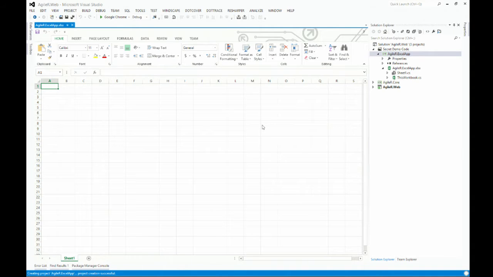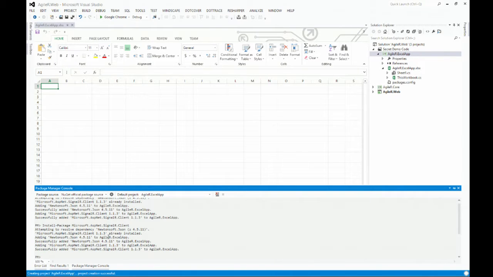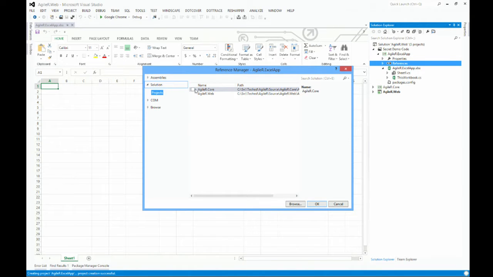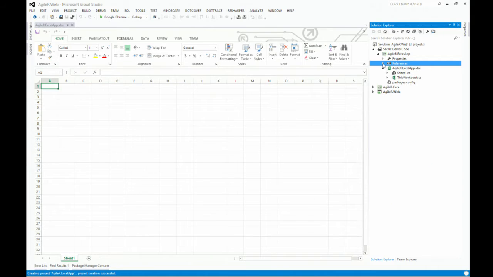So here's the Excel workbook. We're starting a new project because I wanted to show that even if you're putting this as a client into an existing application, it's not that hard. It's not a lot of code to actually integrate it even into a rich client app. Down the bottom, I've just typed include the SignalR client. And I'm going to include my portable core library, which just has my entities inside. So I've got both of those.